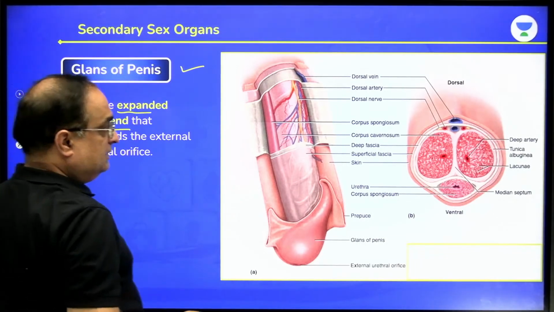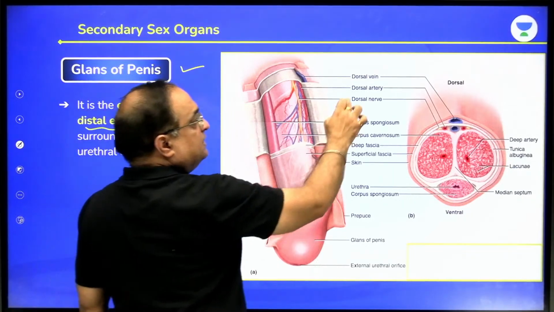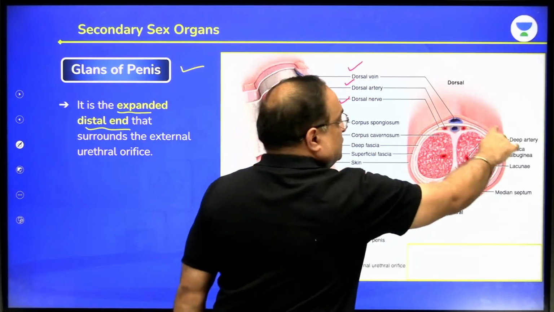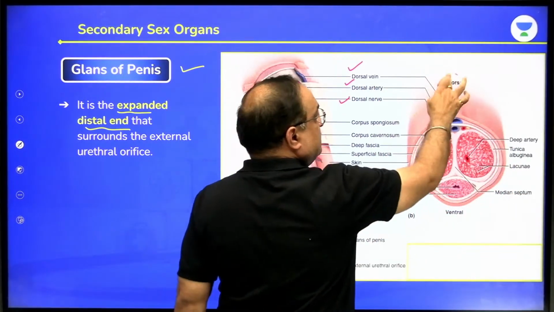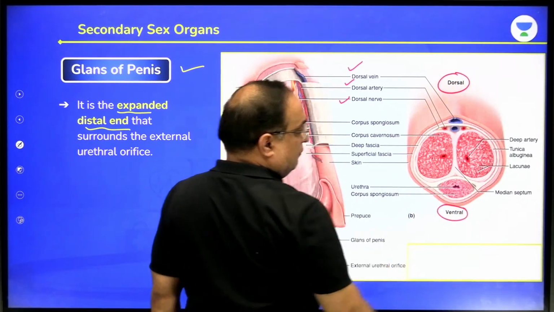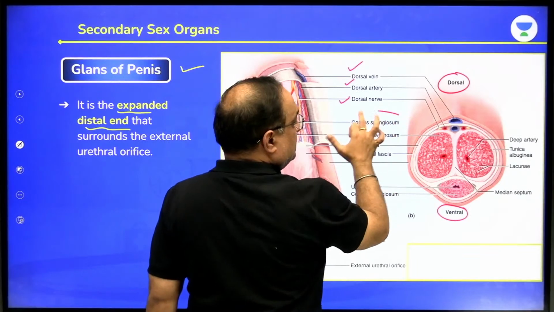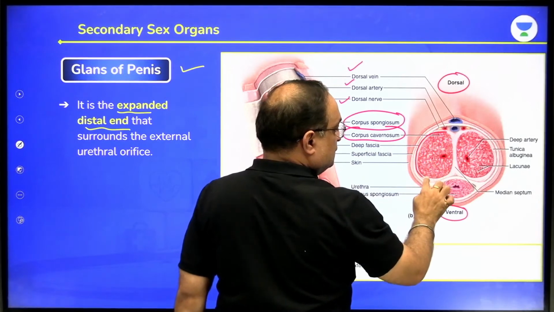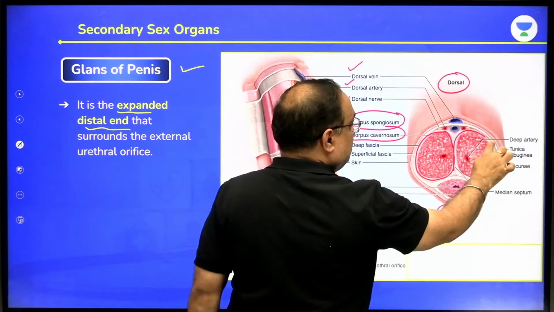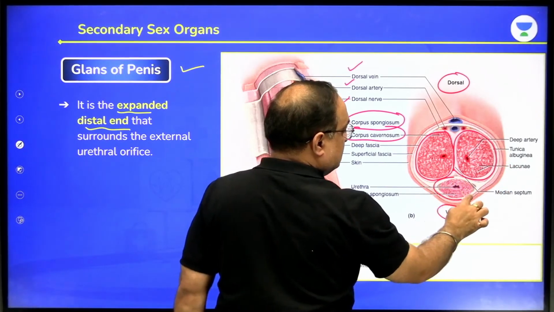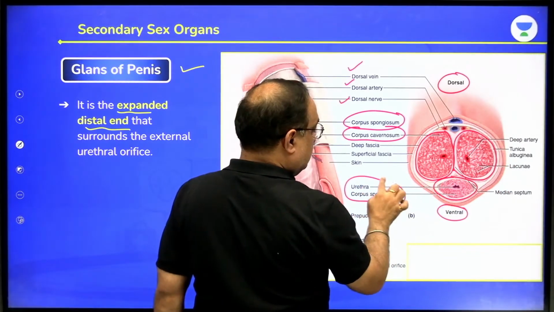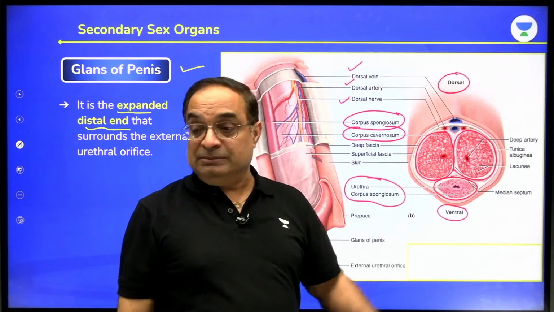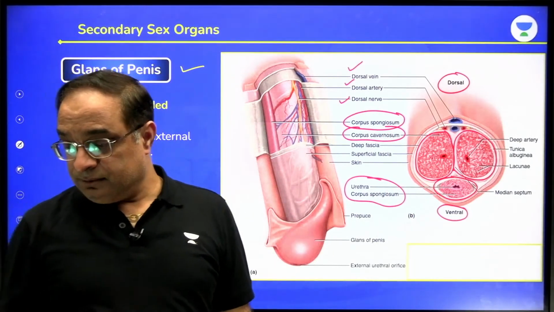Now here the pictures highlight this. Lengthwise you can see this. You can see these blood vessels, dorsal vein, dorsal artery, there are nerves. In this transverse section, remember one thing, this part is the dorsal part and this part of the penis is the ventral part. You can see corpus spongiosum, corpus cavernosum. We'll discuss these tissues, spongy erectile tissues which get filled up with blood when a person is sexually excited. So this is urethra and the corpus spongiosum. Clear? This diagram is important. In the old NCERT, this diagram used to be given.